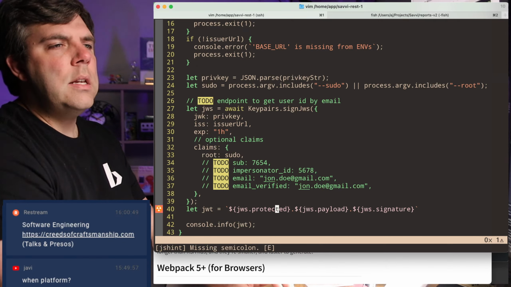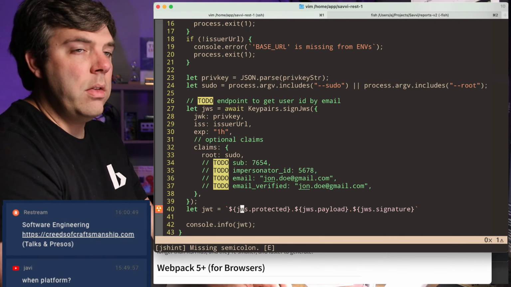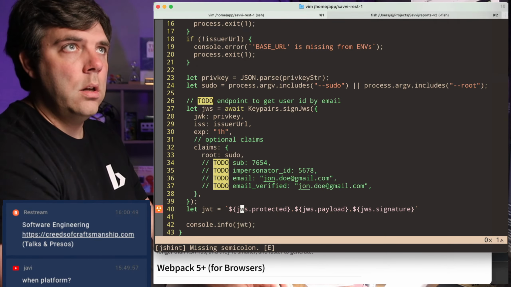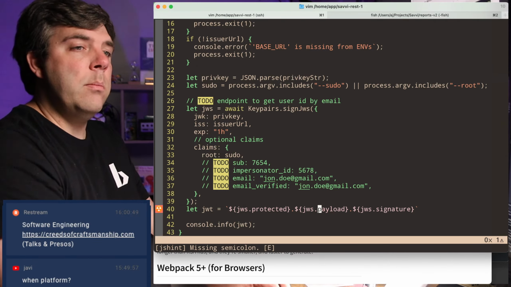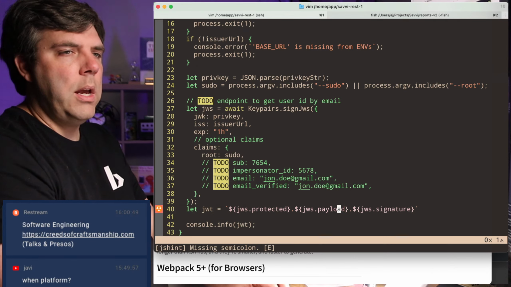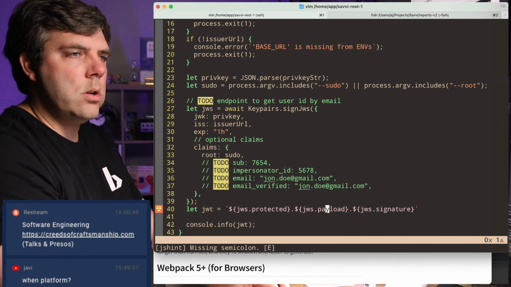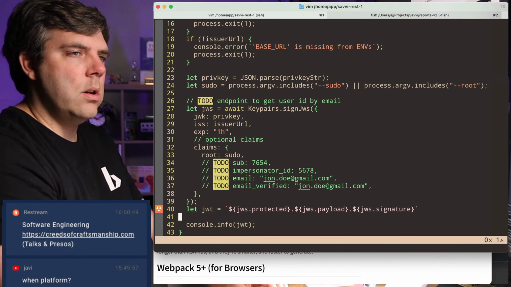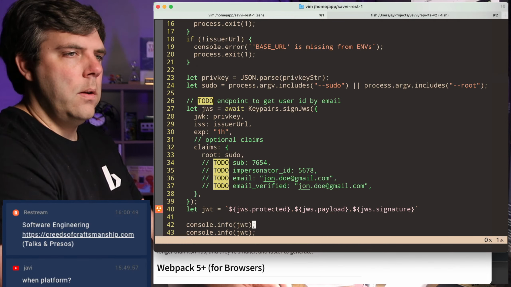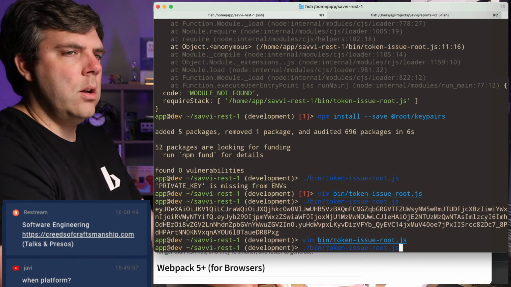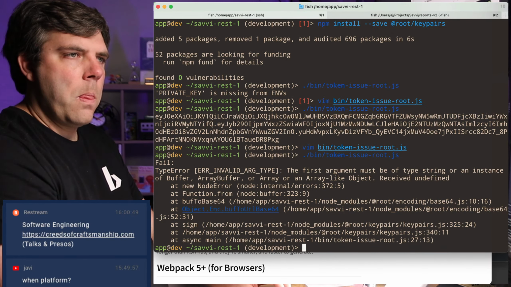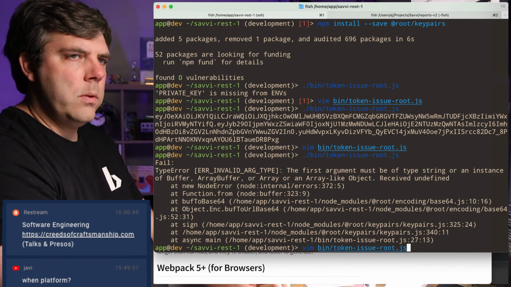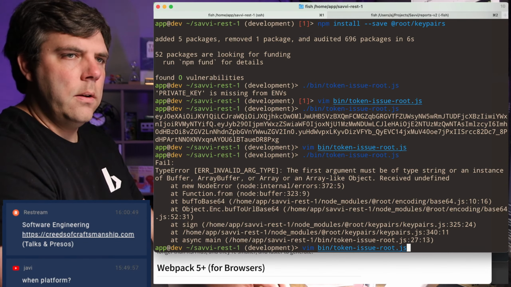It's called protected when the header has been stringified JSON and then base 64 encoded. Likewise, claims, once you encode them, are called payload, and then the signature is always signature. There is no decoded version of it. Well, I guess technically you could break it down into R and S, depending. Received undefined.